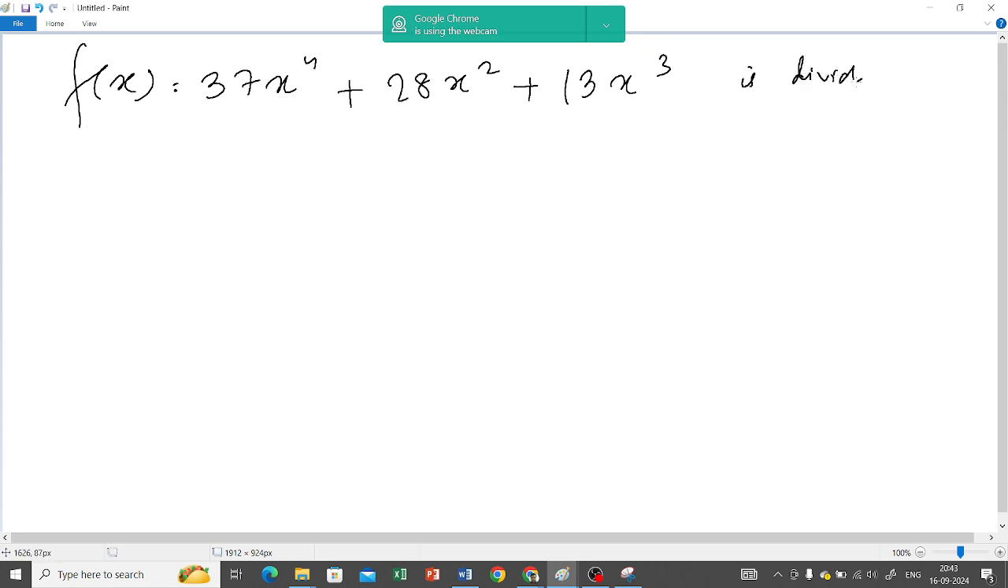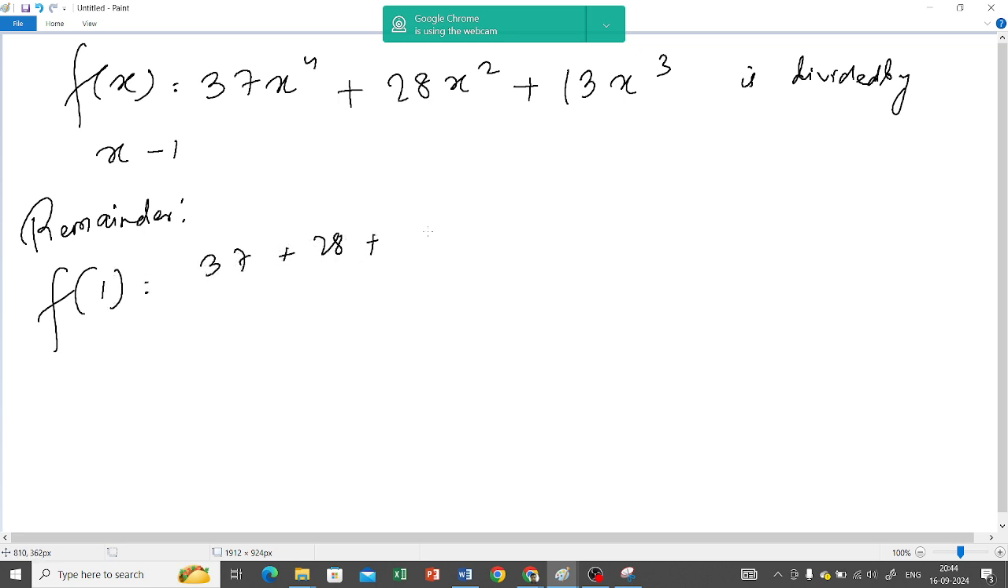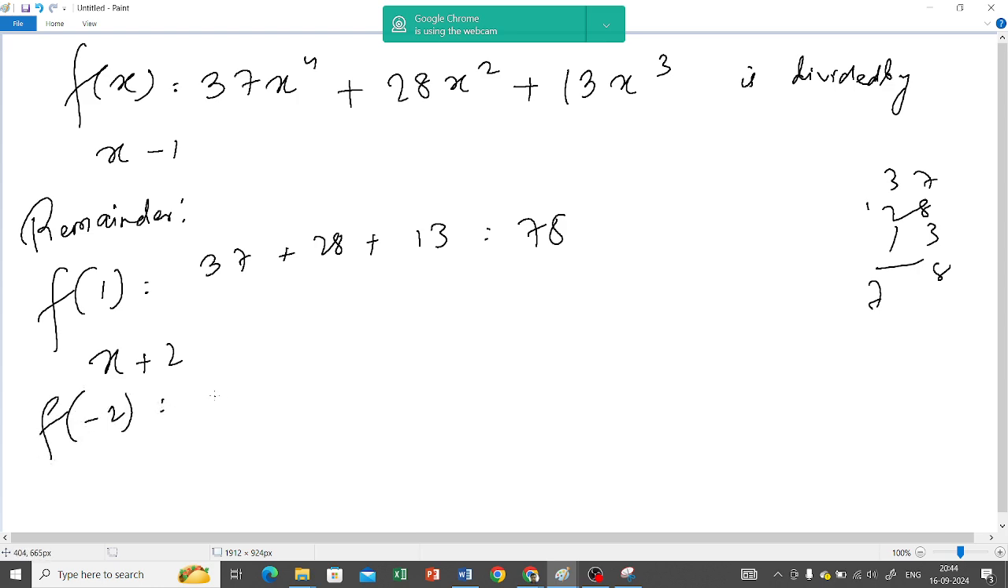is divided by x minus 1. What is going to be the remainder? According to the remainder theorem, f of 1, that is 37 plus 28 plus 13. On adding, what are you going to get? See, such a big number. 78. Okay, now if this is divided by x plus 2, the remainder is f of minus 2. That is 37 times minus 2 to the power 4